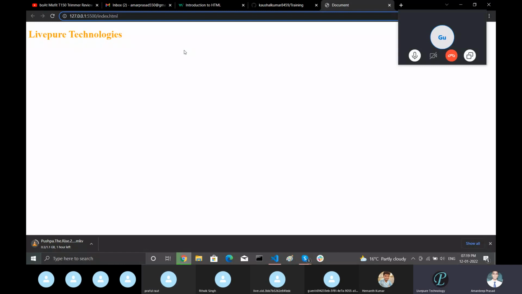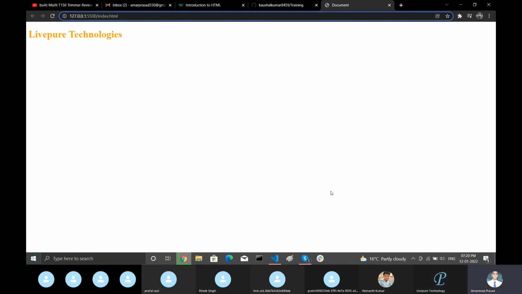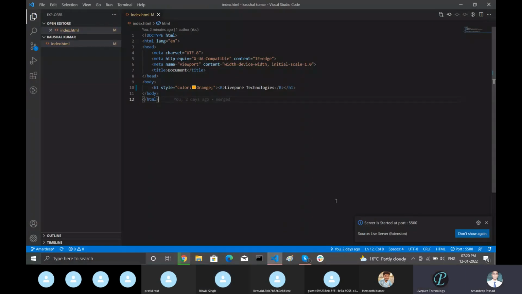Okay, sir. Now you can install that Live Server. And what about the remaining? Did they also install and restart their VS Code, or are they going to? Ritvik, what about you? Shivani? I had done. Yeah. Okay. So now you are getting that option, the allow one. Okay. It means that it is running on some port, correct? Yeah. Okay, fine. So let me share my screen, Amardeep.